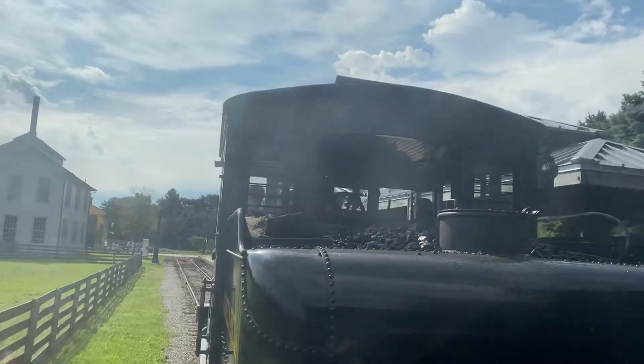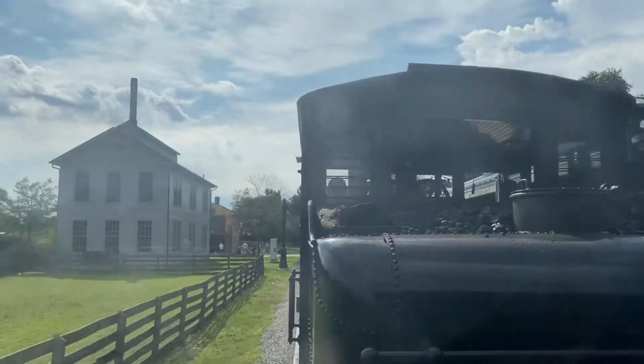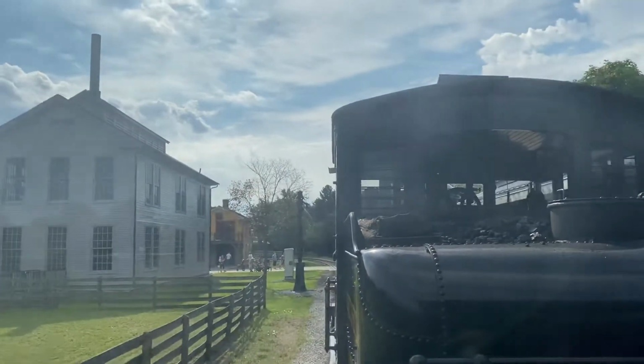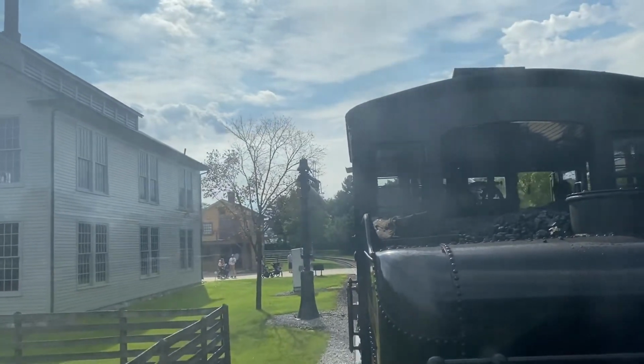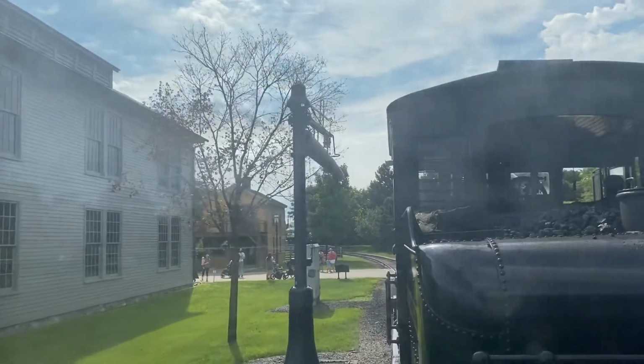For your safety, stay seated till we come to a complete stop. Platform here is going to be on the right. Make sure you have all your belongings. Remember your wristband. Remember the train runs all day till 5 p.m. this afternoon. Stay seated, everyone, till you hear the